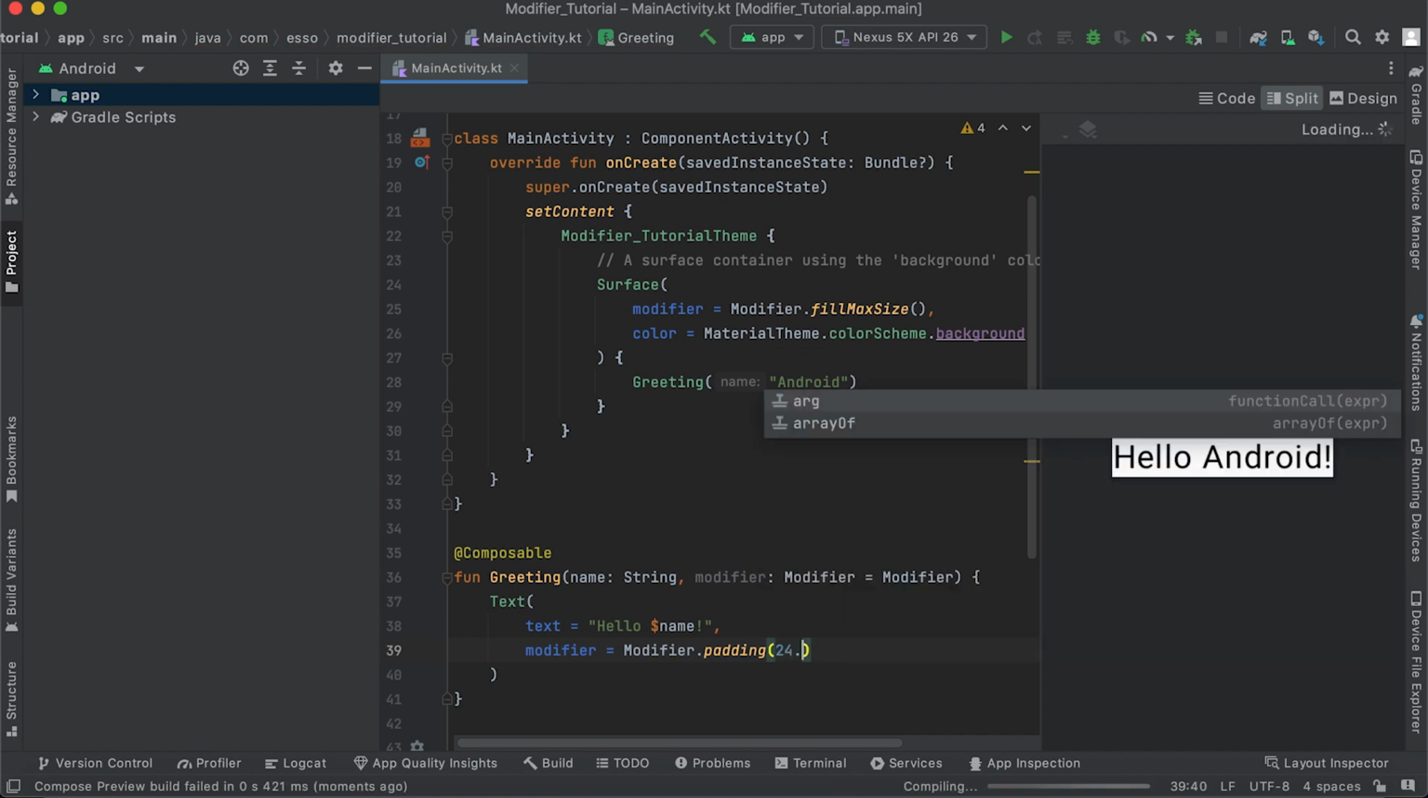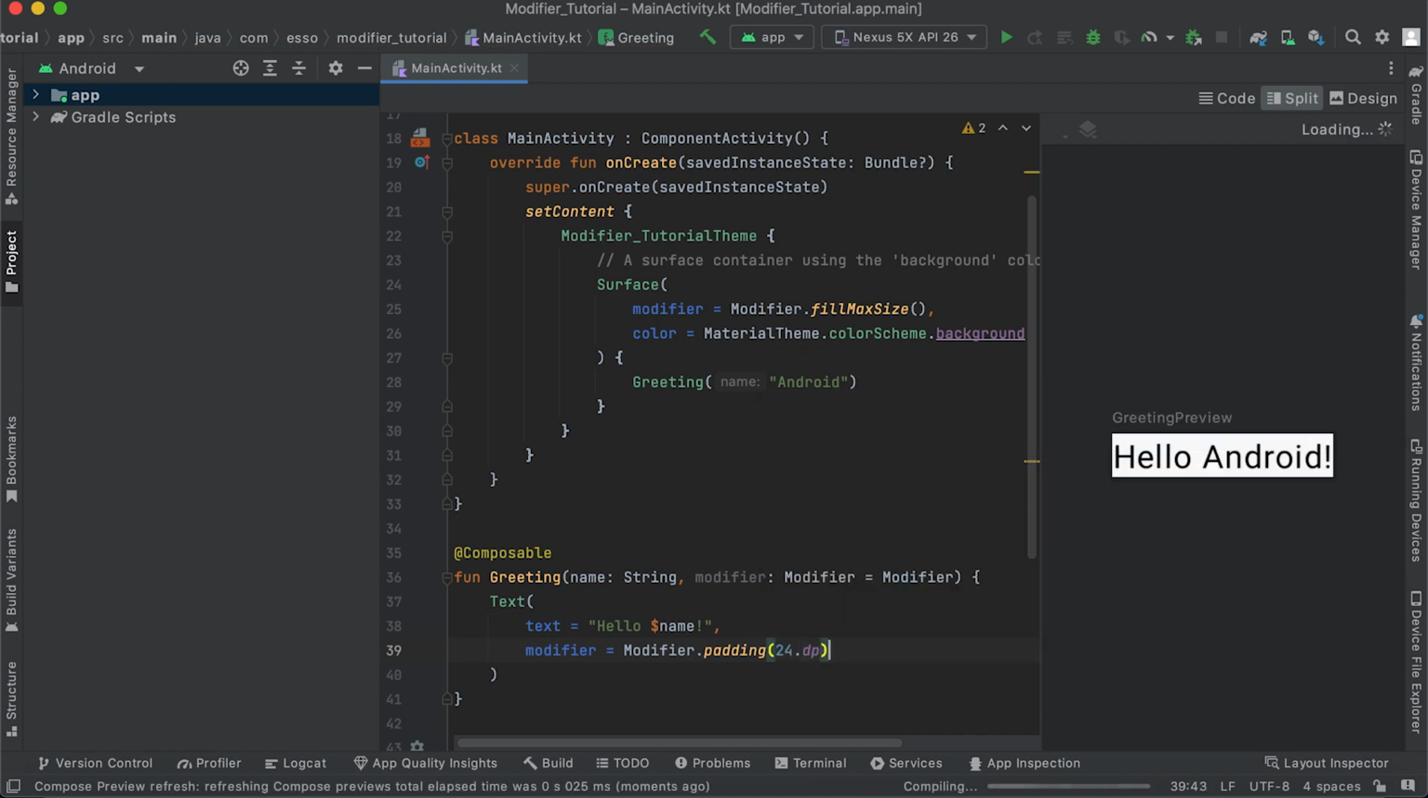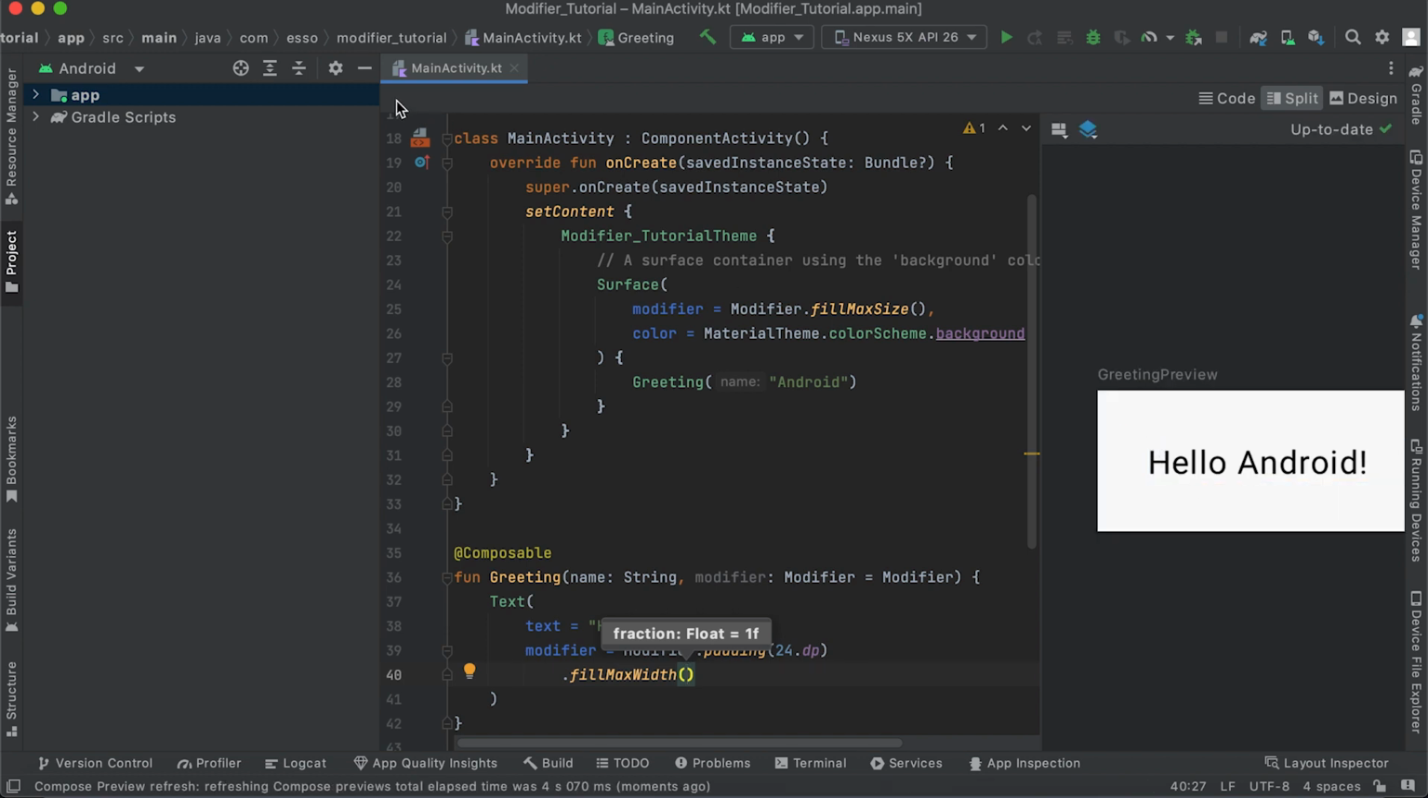Okay, and using fill maximum width. Let us see our preview. Okay,